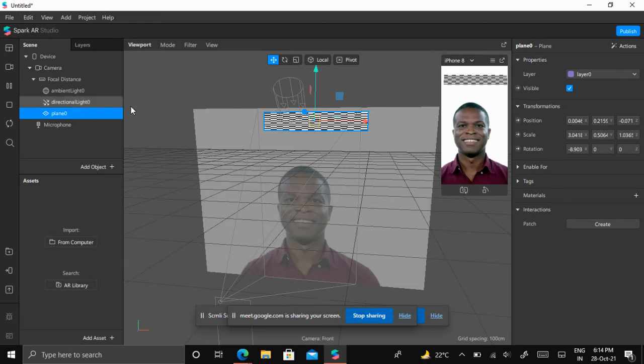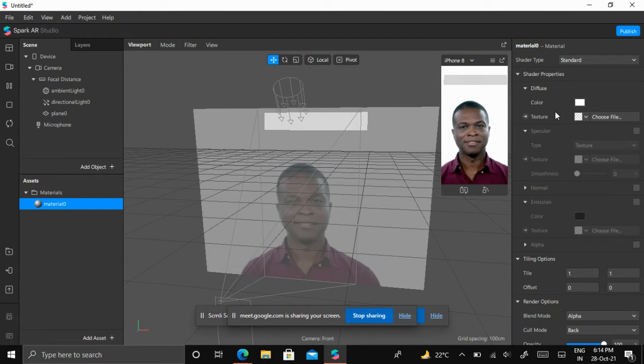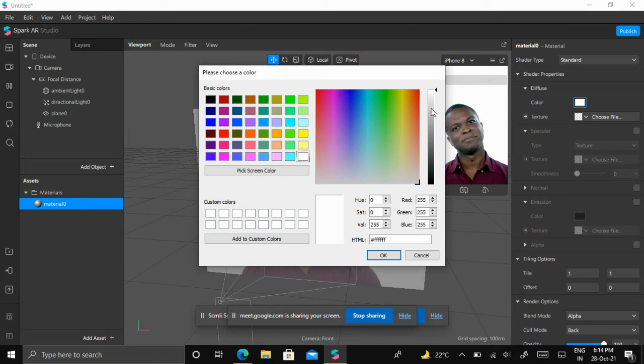So what we'll do is add a material to this. Material is something where we can change the color. I just clicked the plus sign, and you have seen that the design has changed from the chessboard design to the plain design, right? In this material we can change to different colors as we want. Suppose I say I want orange.